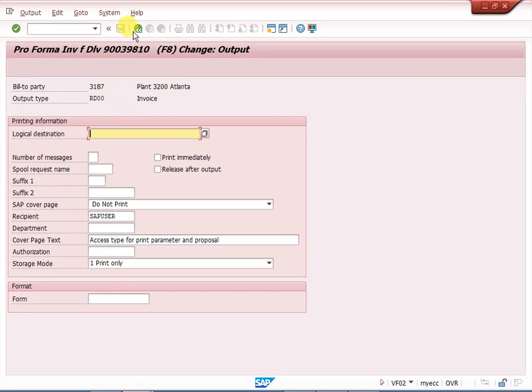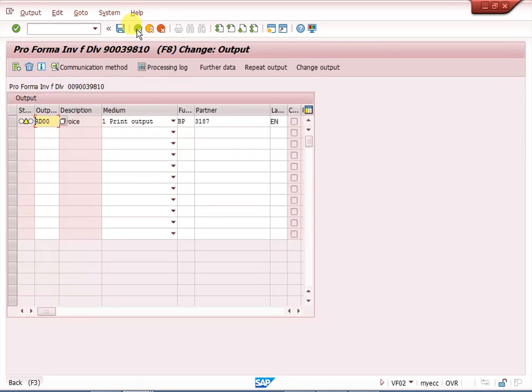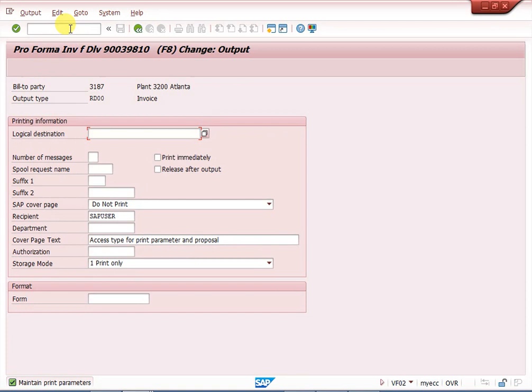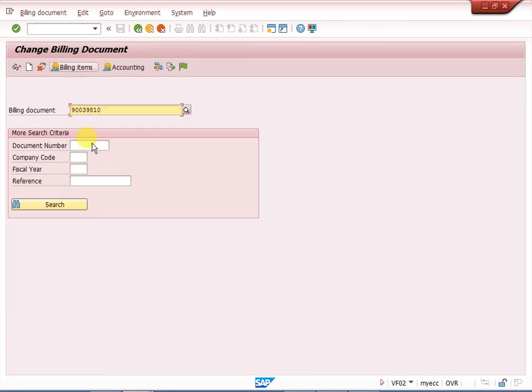This is manual. Otherwise, see, this is not our invoice, this is a proforma invoice.